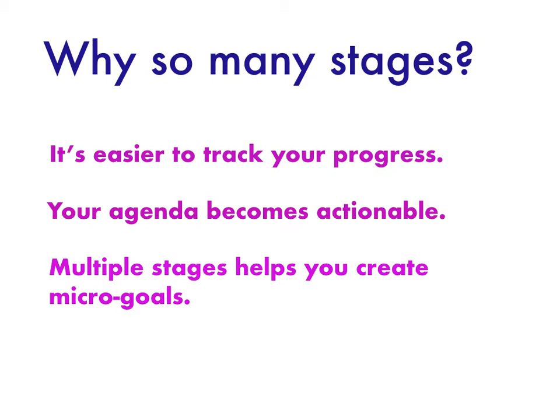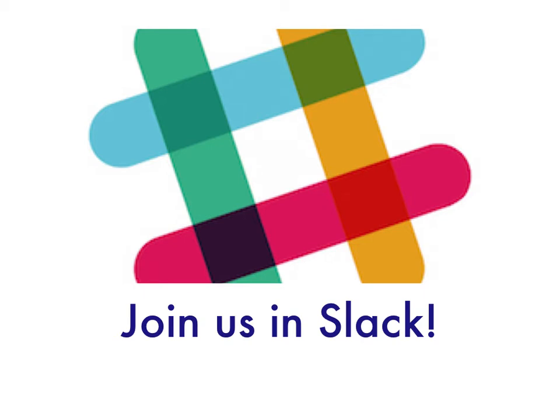Some of these goals will be unique to the stage of the process that you're in, but some won't. There are some things that you'll repeat. Writing a certain number of words, checking on a piece of literature, which is something you can do even late in the writing process. And if you'd like more examples of micro goals, then I encourage you to join us on Slack, because I'll be there sharing examples of micro goals for each stage of the writing process.